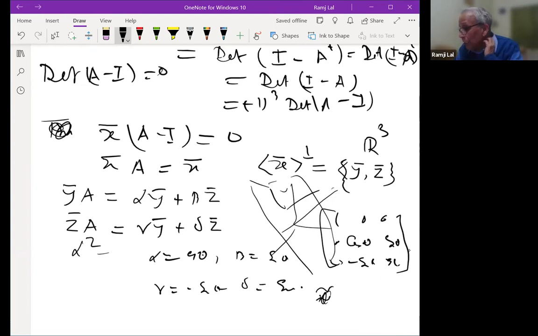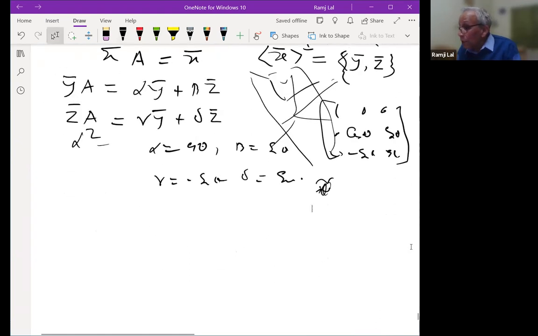So the members of SO3 are what? They can be characterized by the property that they are rotations about a certain axis. Every member of SO3 is a rotation about an axis. You have an axis which is an eigenvector corresponding to that matrix, and you have a rotation through an angle theta. So that is SO3, and so SO3 is also described here.